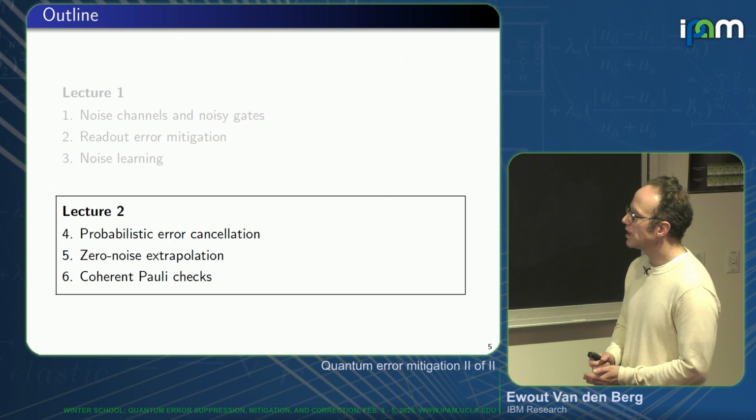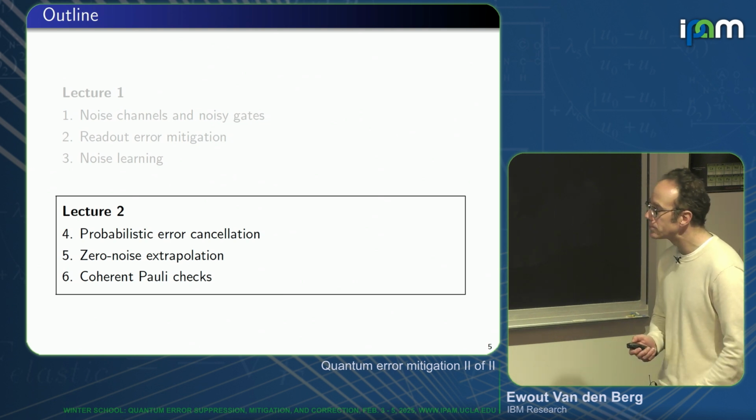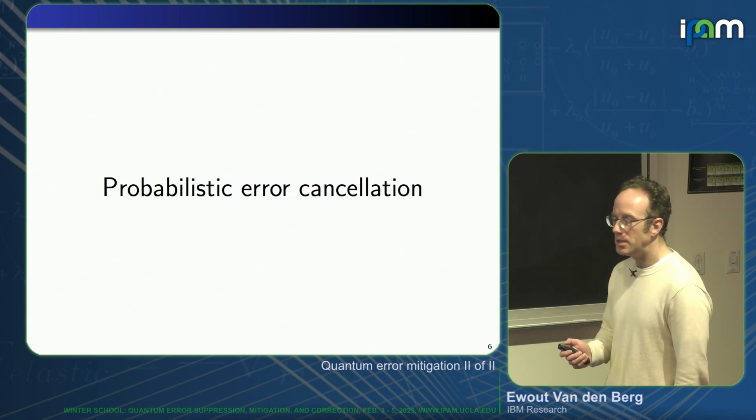So in the second part, we'll look at probabilistic error cancellation, zero noise extrapolation, and coherent Pauli checks. So for probabilistic error cancellation, or PEC,